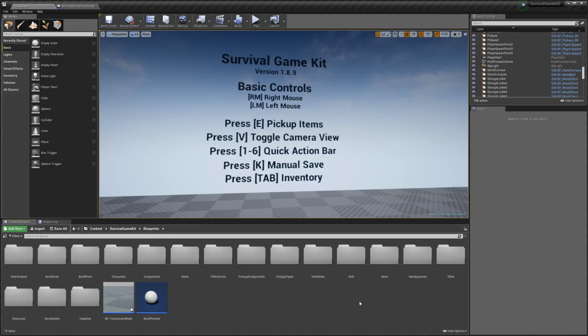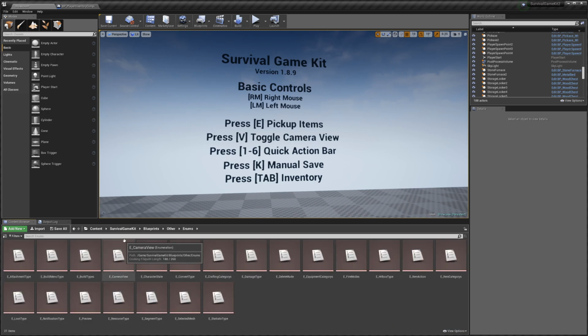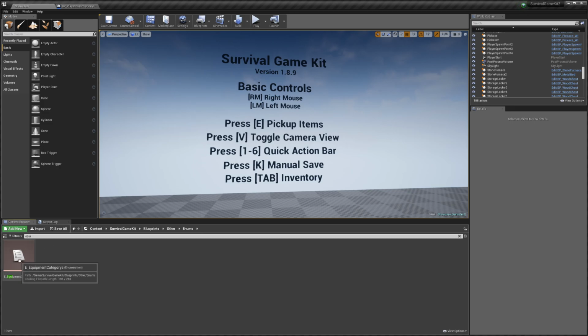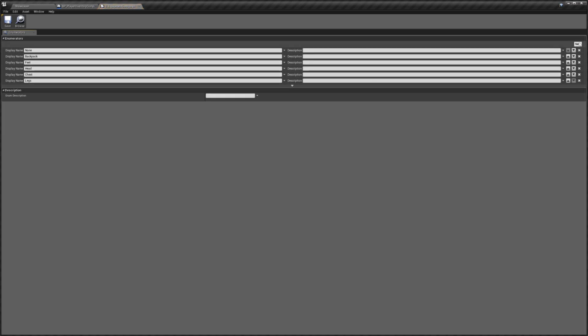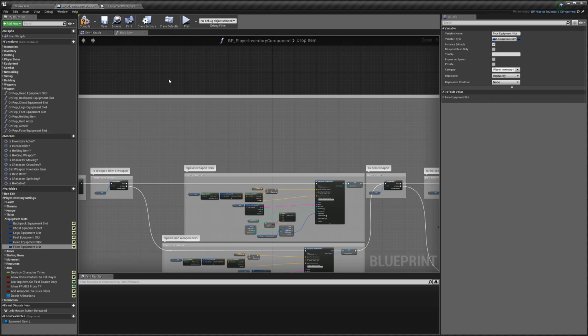but we need to go to our blueprints folder, other, and then we need to go to enums, and then we can search for equipment categories, and in here we need to create a new one. I'm going to call mine face, and then we can save that, and then we want to go back to our player inventory component, select our face equipment slot, then the default value for the slot type we need to change it to face, and then